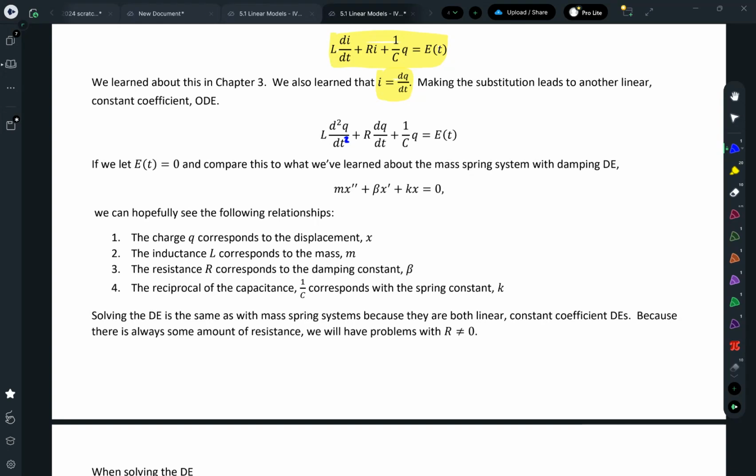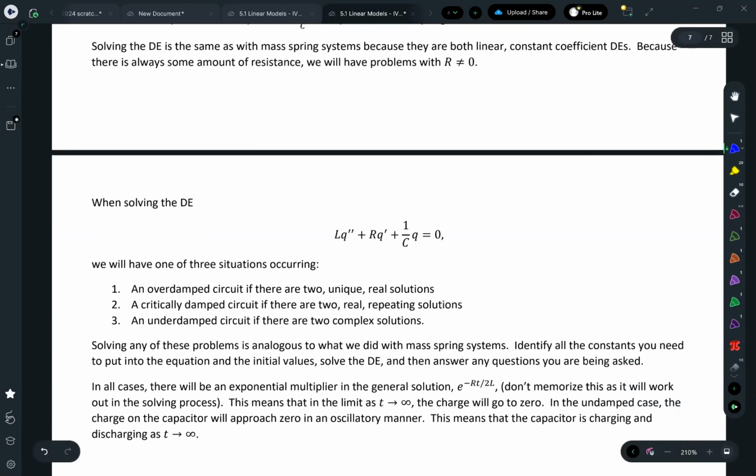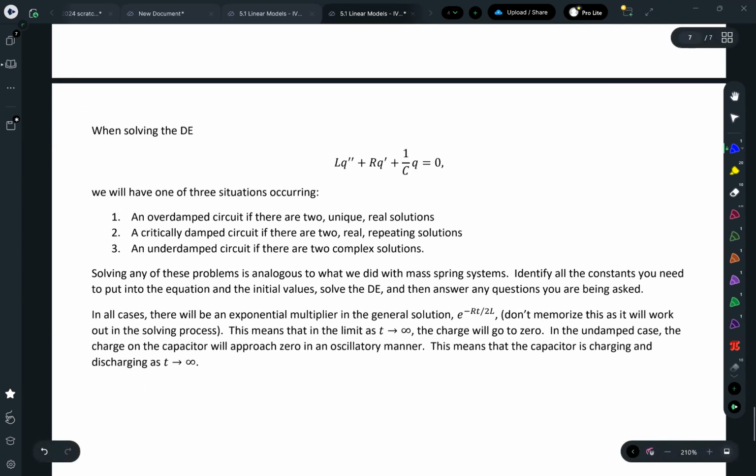And because there's always some amount of resistance, though, we will always have problems that are not equal to 0. So when solving this differential equation, where I've written it in the simpler prime notation, we will have one of 3 situations occurring. An overdamped circuit, if there are 2 unique real solutions, a critically damped circuit, if there are 2 real repeating solutions, and an underdamped circuit, if there are 2 complex solutions. Solving any of these problems is totally analogous to what we did with the mass spring systems. Just identify all the constants you need to put in your initial values, solve the ODE,